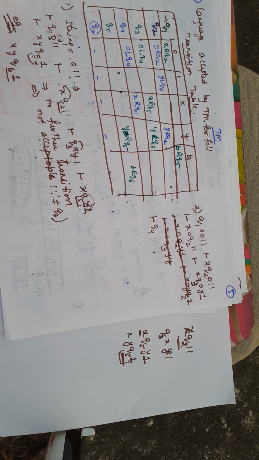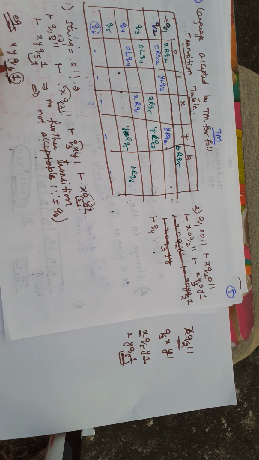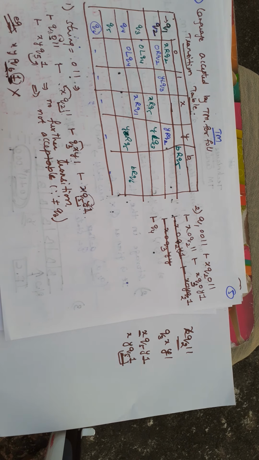xy q6 1, and q6 is the final state here. It does not mean this is acceptable. Even if you got the final state as q6, nothing should be there after this string. If all the string is passed to the final state, then no more string should be left after this final state. Even if any symbol is there after q6, then also it is not acceptable.